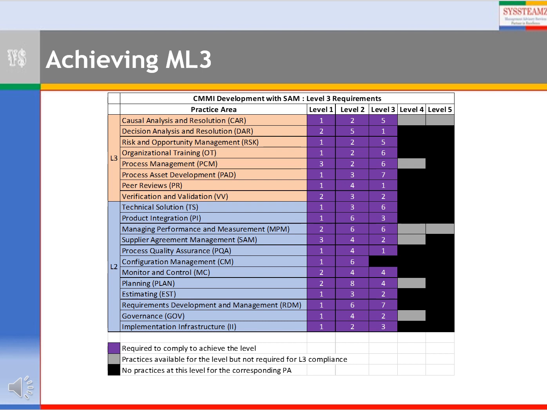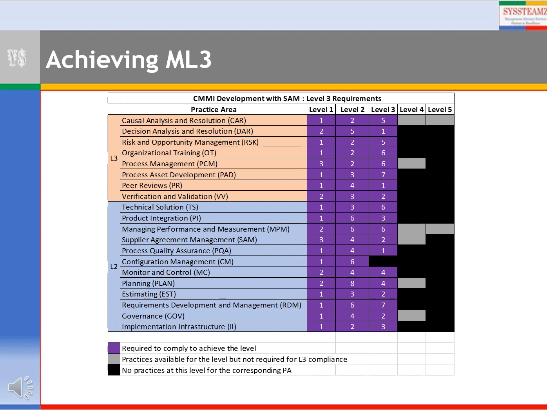Here is an example on what is needed to achieve level 3. The practice areas marked in light blue are required for level 2 and to achieve level 3. The practices in light blue as well as those in peach color need to be implemented for all projects under the organizational scope. The cells in dark blue color indicate the number of practices at each maturity level for the